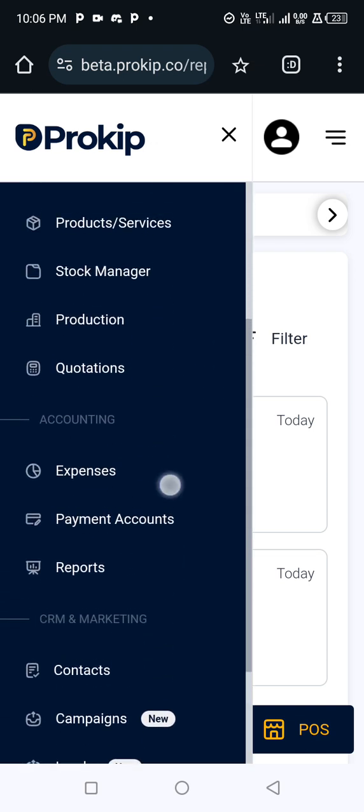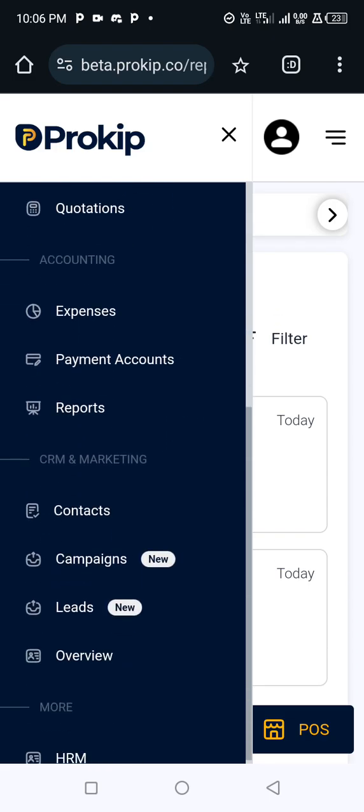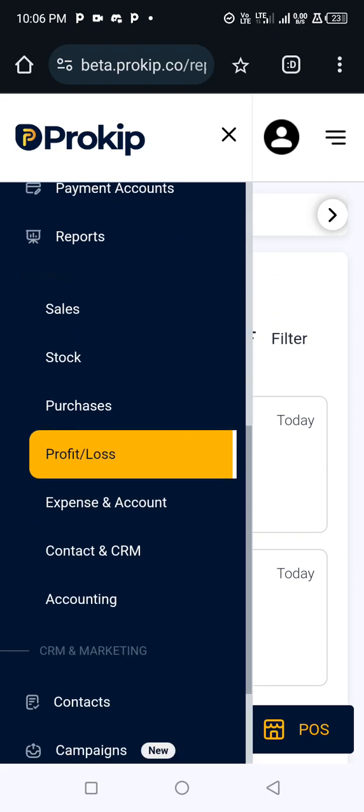Payments. Okay, you can check your expense reports